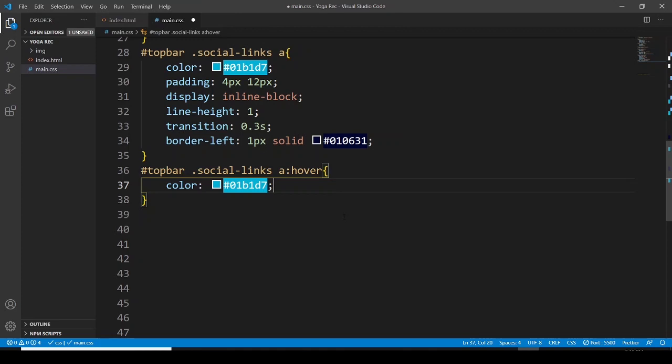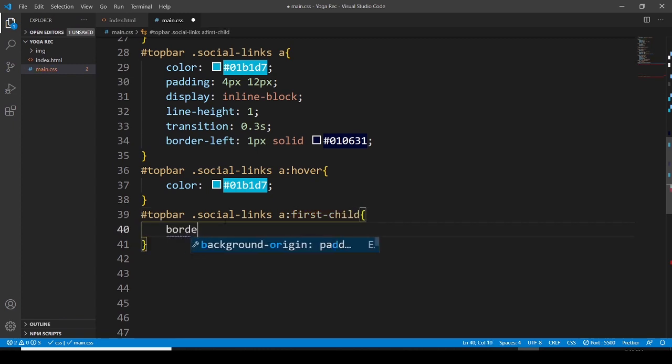Then I would like to go with the top bar ID and the social links class with an anchor tag, and let's say first child. So the first child is going to have a border left of 0. Okay, let's save it